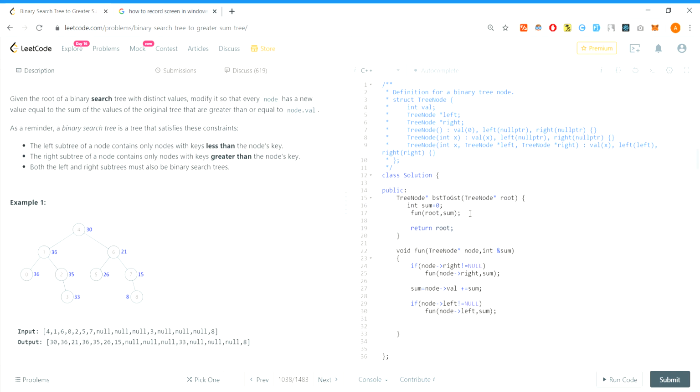Root, because we start our calls from here, it will go here, here, back here, then again here, and on the left side, then again right, back, left, back. So we will come here, alright. So again root will be the same. So let us run this.